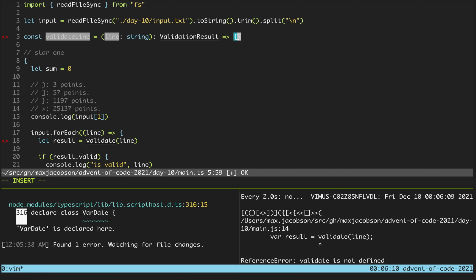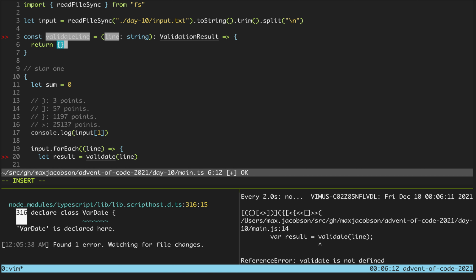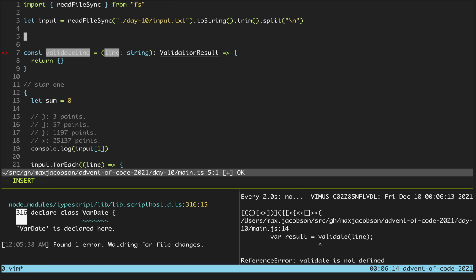Maybe we'll say type ValidationResult equals valid: boolean. I kind of want to say something like valid true or valid false, and I guess firstInvalidCharacter is going to be